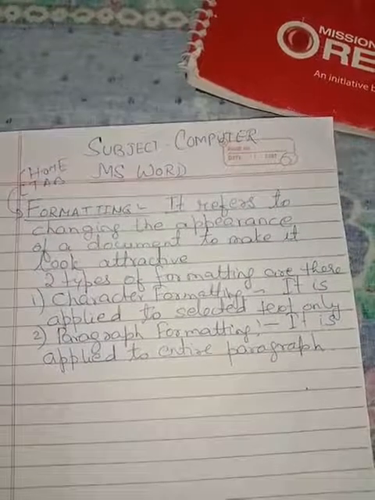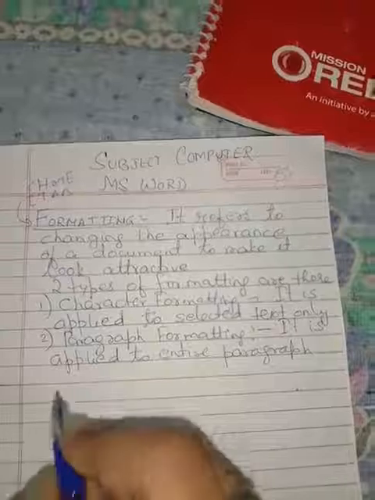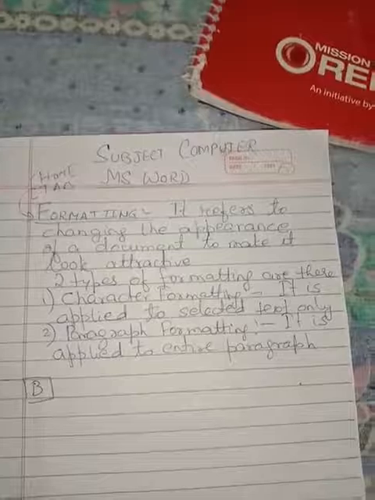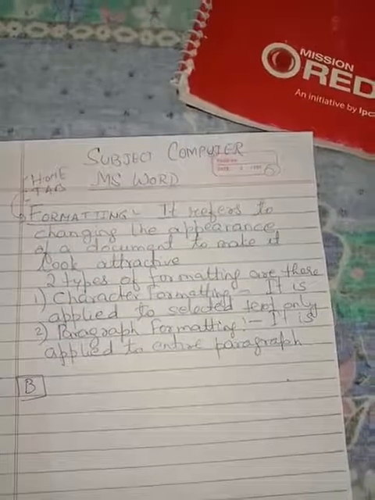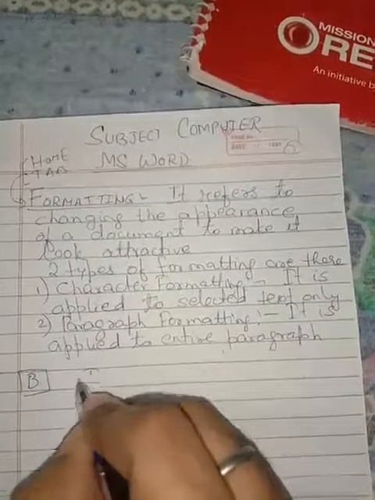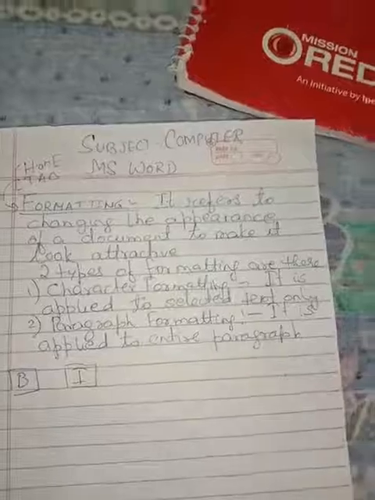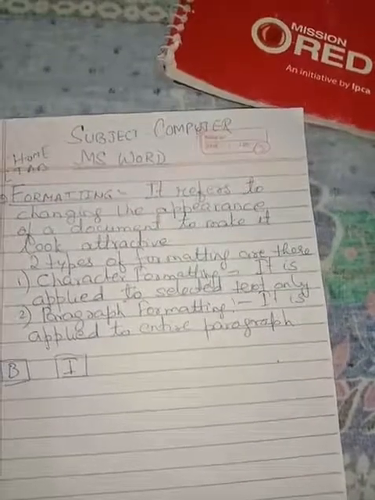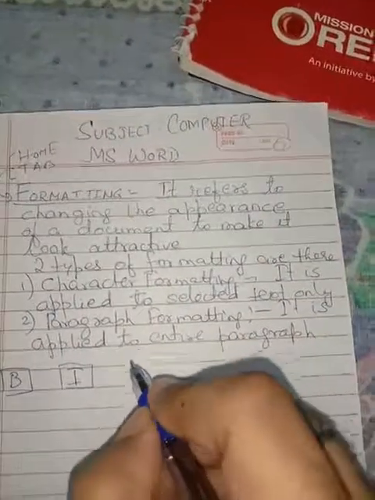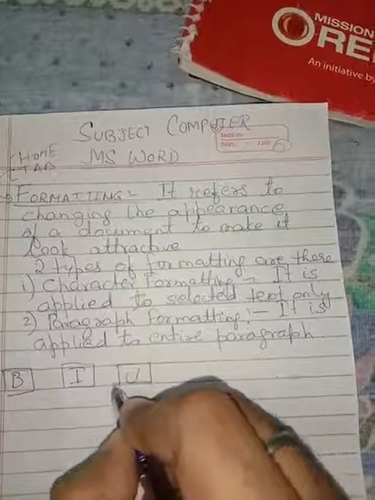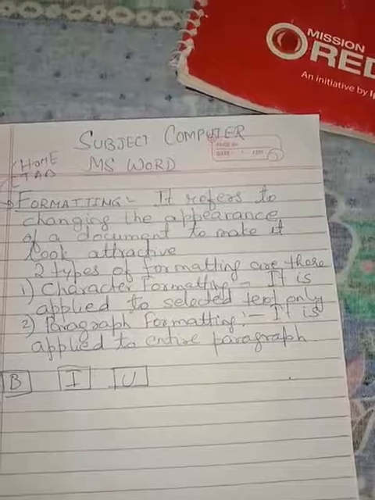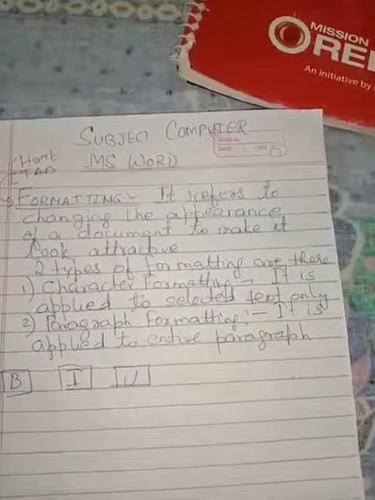So the following features are used to emphasize the text. The first is the bold tag. It is used to make the selected text bold or darker than the normal text. Next we have italic text, I. It is used to make the selected text change to italic. Italic means little tilted. Next we have underline text. It is used to make the selected text underline. Whenever we click on the U button, the selected text gets underlined.